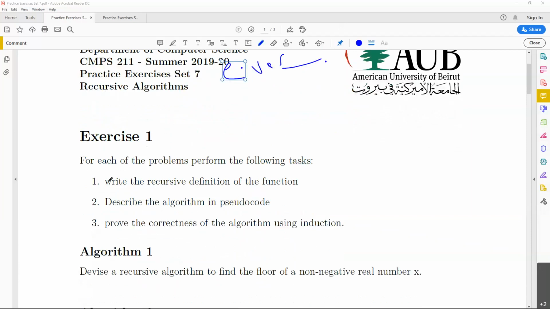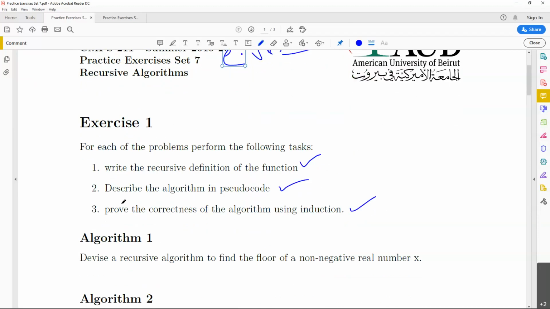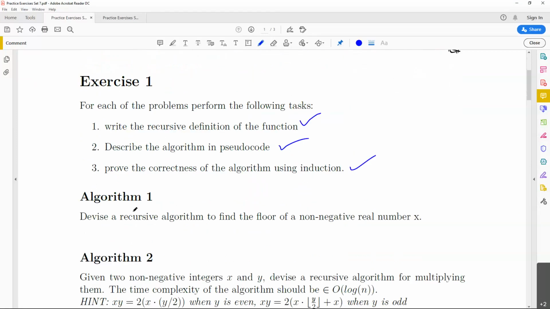For each of the following algorithms, we want 3 things. Recursive definition of a function, pseudocode for the algorithm, and then prove the correctness with induction. And we've seen all these 3 parts before. So, for the first algorithm,